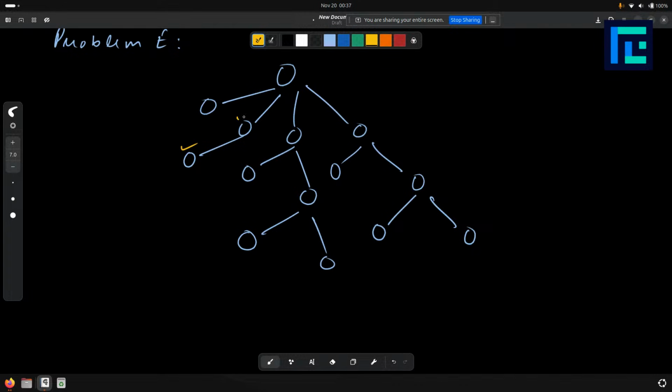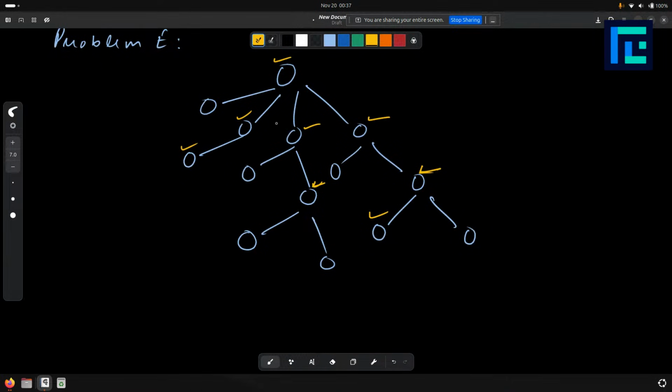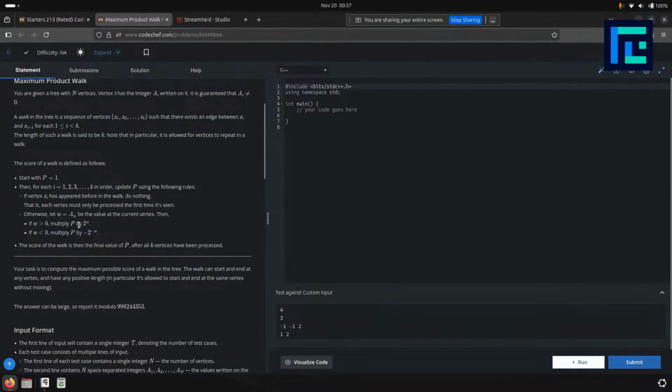Let me just put a tick. We can go here, here, here, here, here. Then we can come back, go here, here, here. So this type of walk we can do in the tree. And the score of this walk is nothing but, for all the nodes in this walk, for all these 1, 2, 3, 4, 5, 6, 7, and 8 nodes in this walk, the score is nothing but